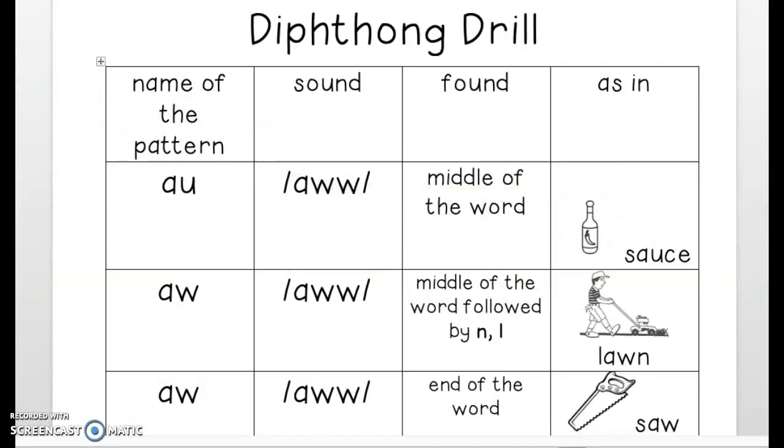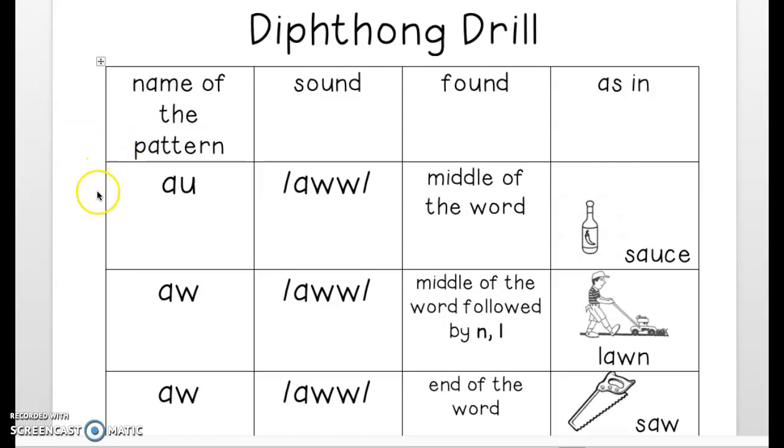So boys and girls, we're going to continue working on our diphthongs. We will be working on two more diphthongs this week. This week we'll be working on the diphthong AU and AW. These two diphthongs say the same exact sound. They say aw, like as in, oh, look how cute the puppy is, boys and girls. But just be careful about their placements, boys and girls.